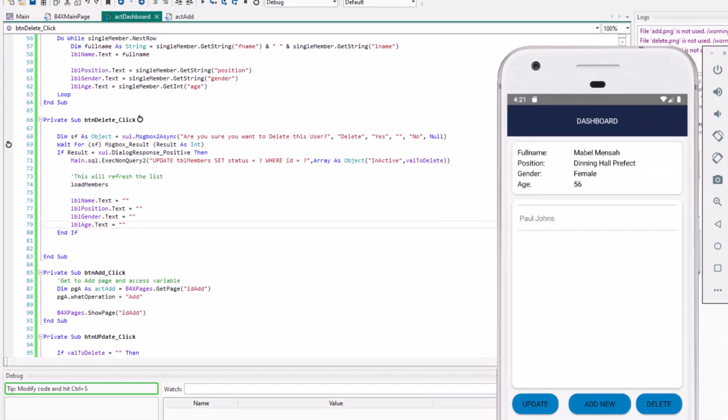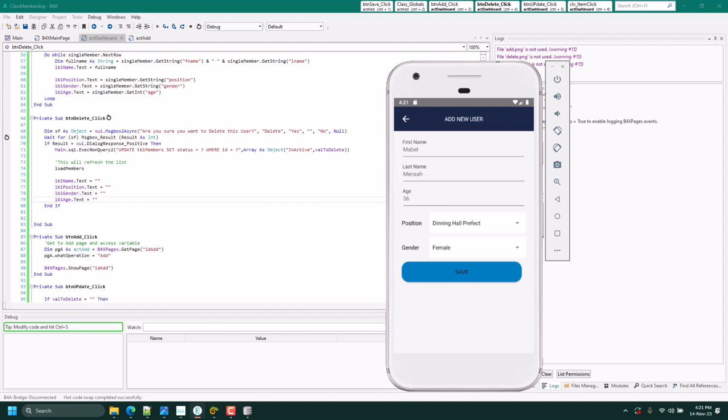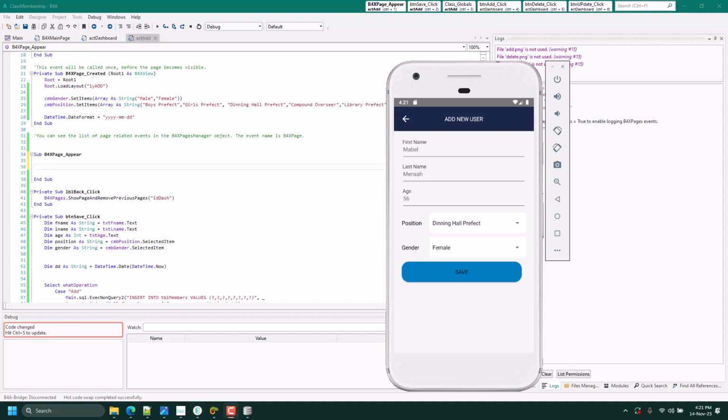Okay, left with update. So this is Jones. Let's update Jones. I think one more thing. When we come here, it should be able to load the previous information before we update, right? Especially the first and last name and age. So let's do that code. Let's do it in PHP.